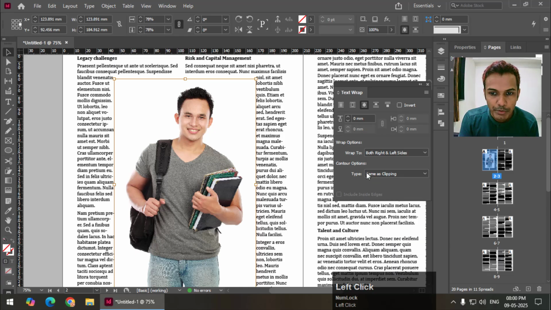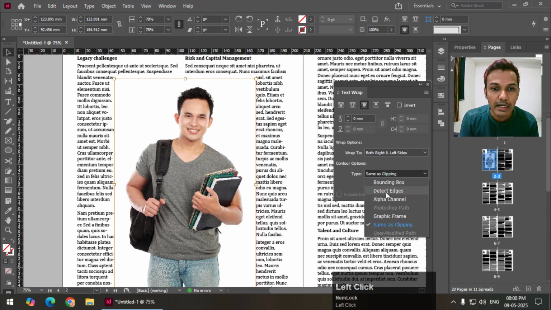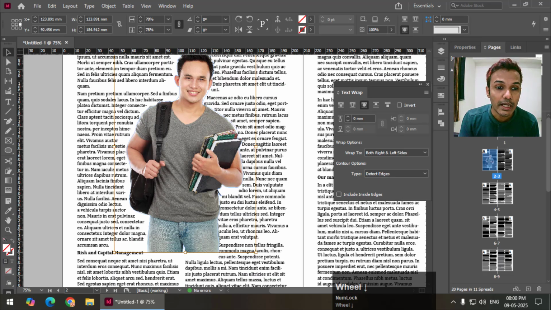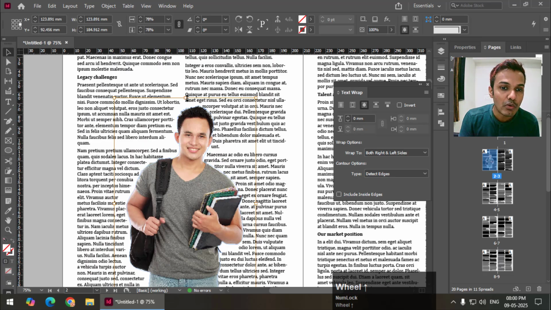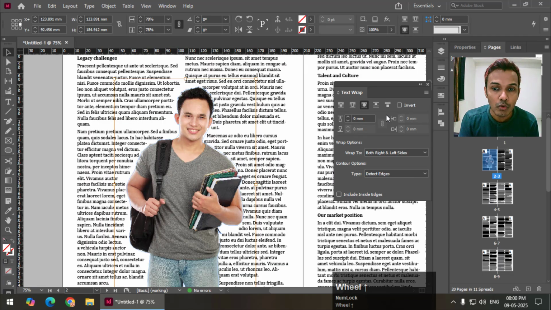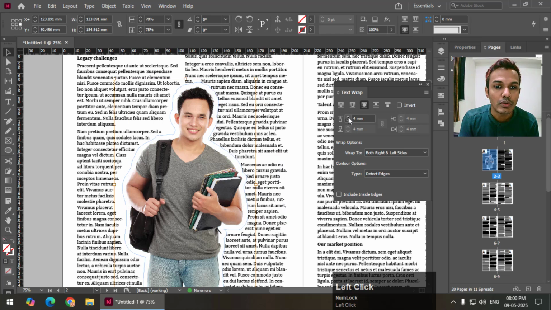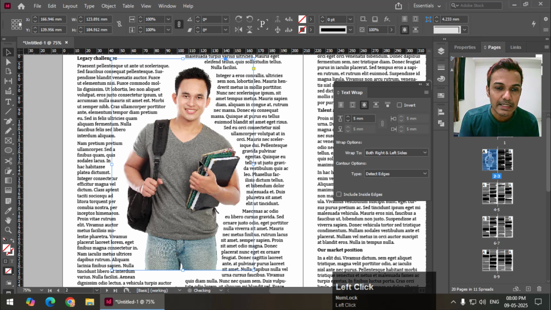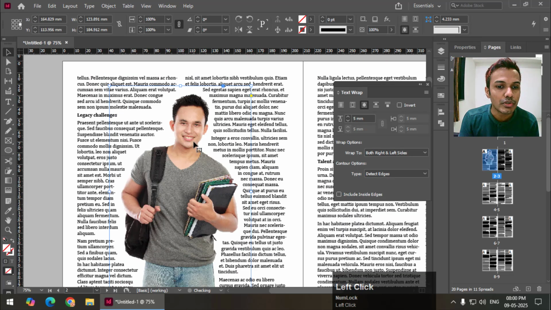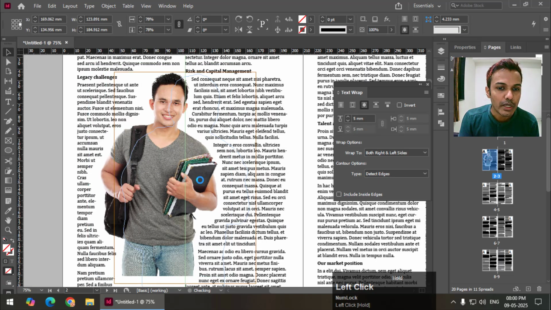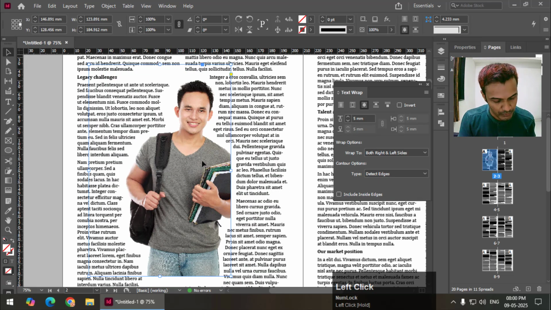In contour options, we can choose type as detect edges. So it will detect the edges automatically in InDesign and it will wrap around the edges of this image with no background or transparent background. So it will look something like this. You may have seen this kind of effect in magazines, and maybe in ebooks or some books, but mostly in magazines. So we can use this option, undo,